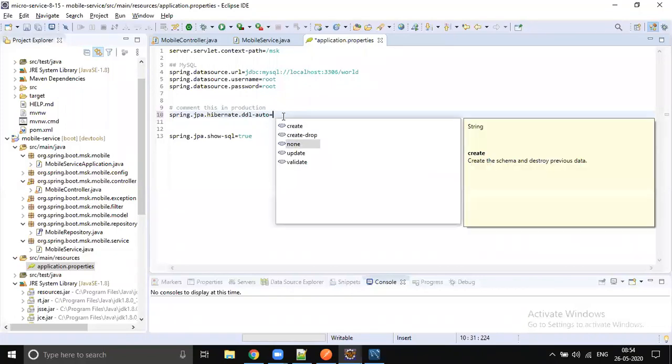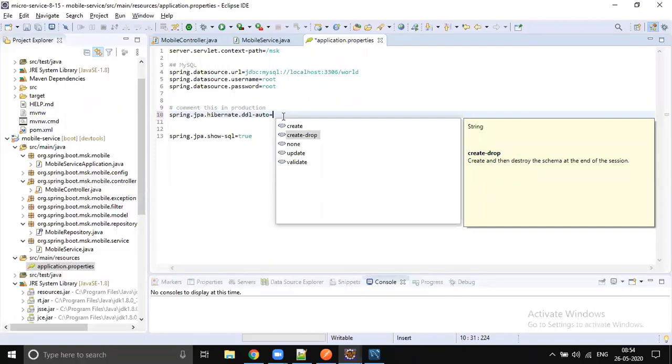And we have one more thing called create-drop. Never ever add this. If you use create-drop, before your application shuts down it will drop all the tables. Never do that, so don't use create-drop. Even though people say to use it for testing, you actually forget that the option itself is there. It's a high-risk option.